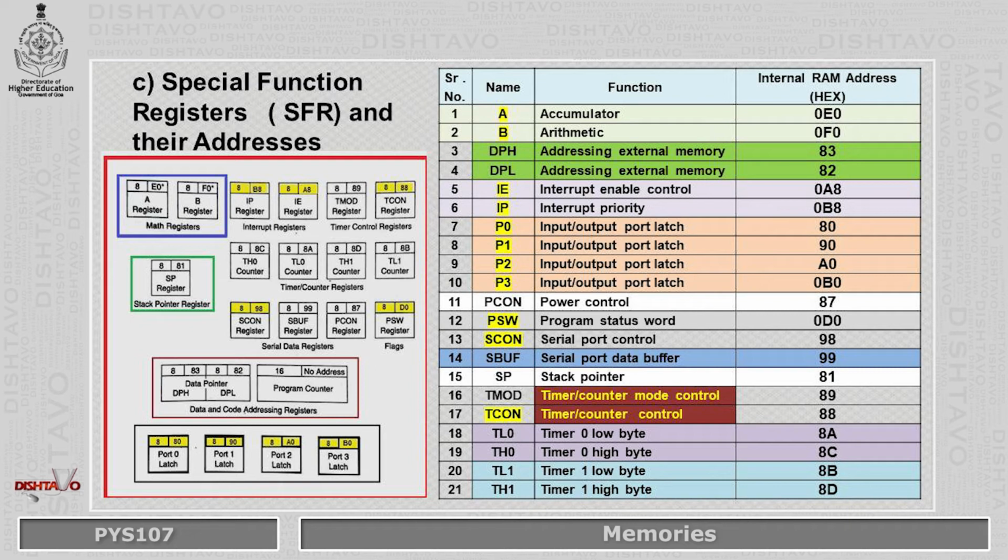Thus, address E0 for register A in the special function register begins with a letter. Therefore, the address for the accumulator is 0E0. Failure to use this number convention will result in an assembler error when the program is assembled.